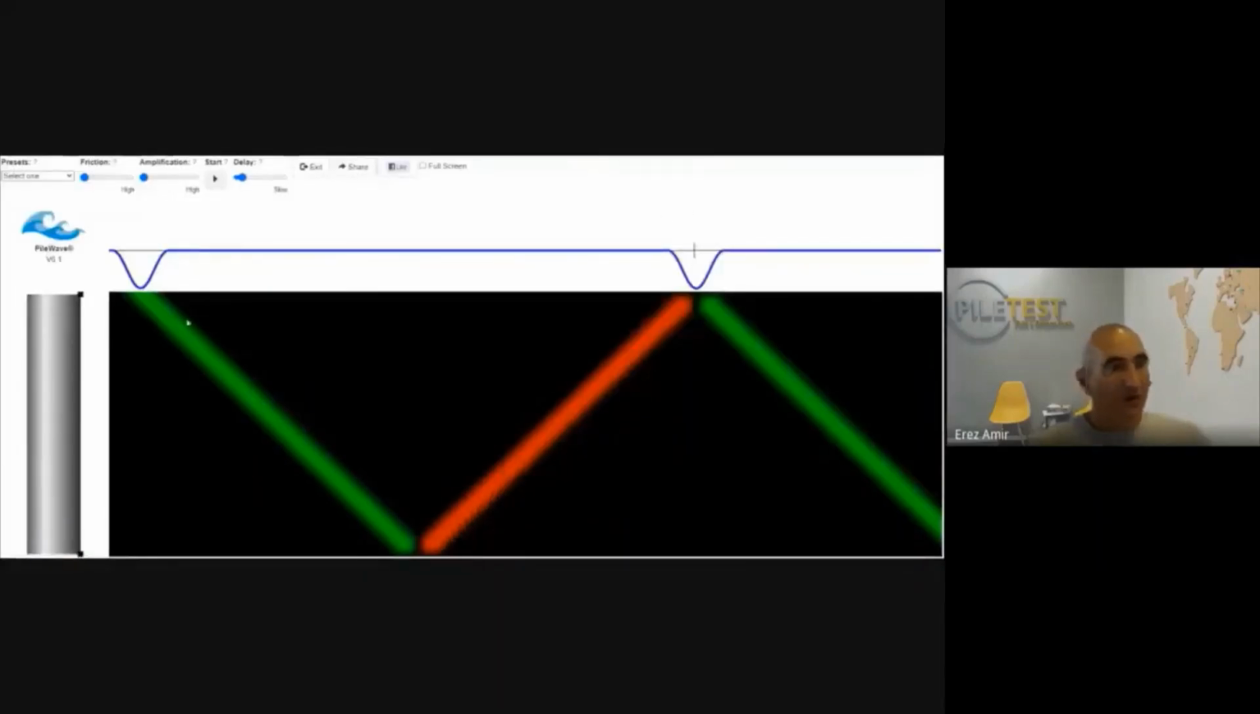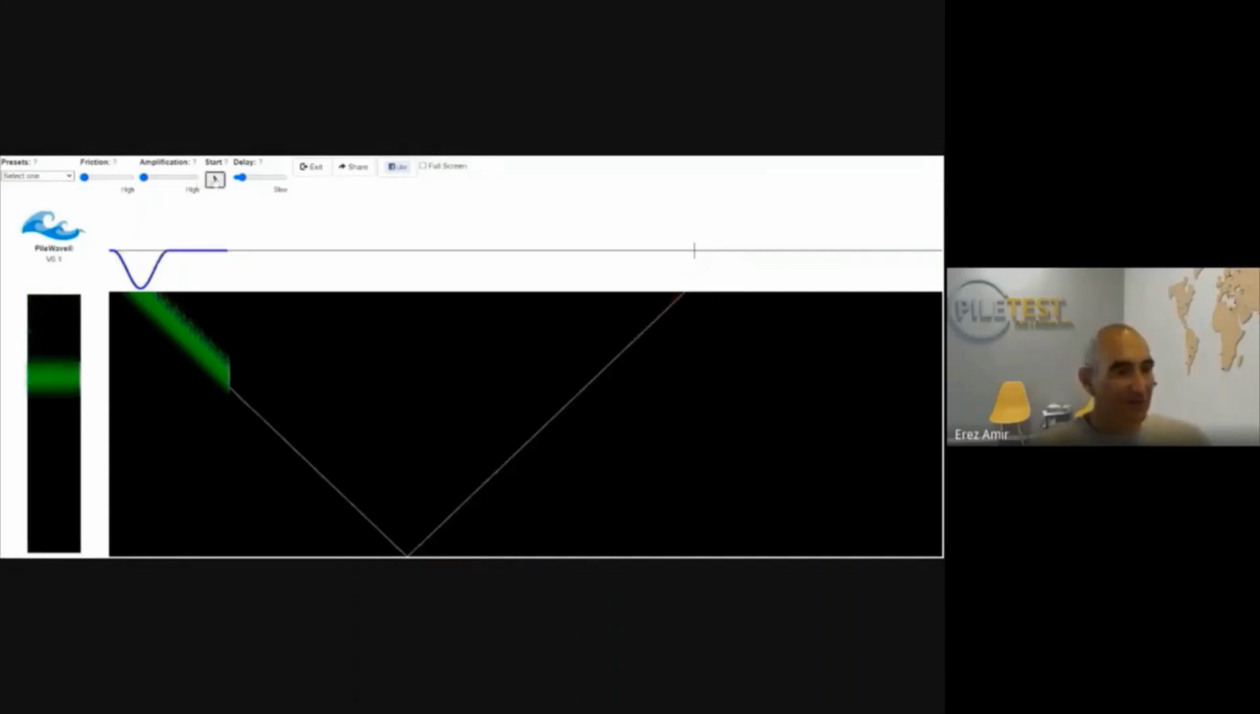So when you go to the PileWave application, you can see that screen. On the left, we see the shape of the pile. The main pane here is the way the waves are traveling down and up in the pile, and the top pane is the head velocity of the pile. So we can see that when we hit the top of the pile,